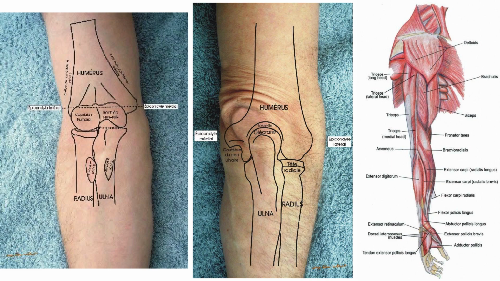Here there is a mnemonic called CITE, CITE two freaks. C stands for capitulum, I stands for internal epicondyle, that is the medial epicondyle, T is for trochlea, and E is for the lateral or external epicondyle, along with the olecranon process and coronoid fossa. This is how you remember the certain areas of the distal and proximal parts of the humerus.